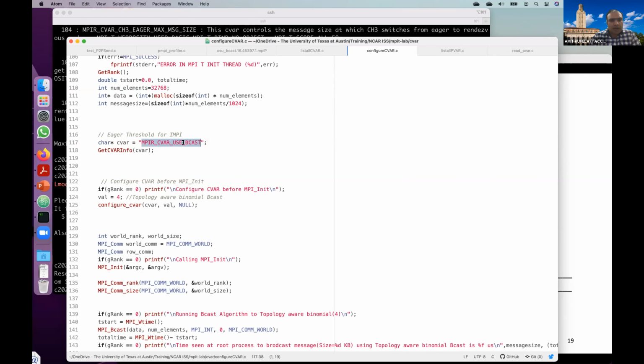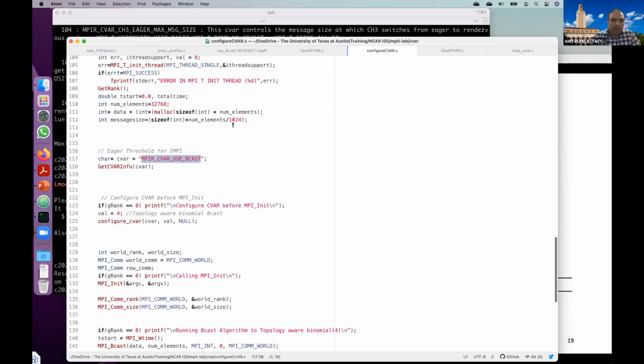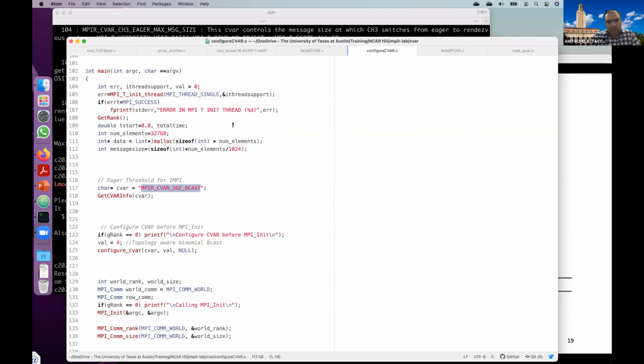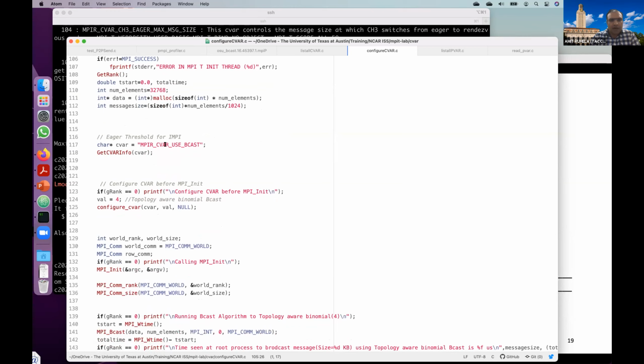For this CVAR, Intel MPI has a default implementation, but we just want to change it within a program. As you can see, we start with init thread to use this MPI tool information and this CVAR.